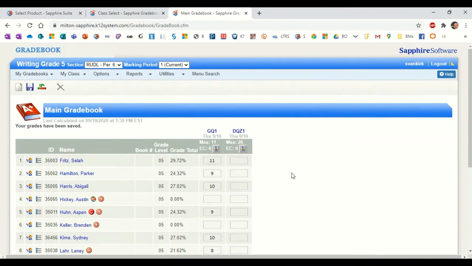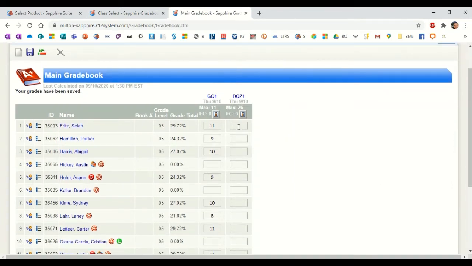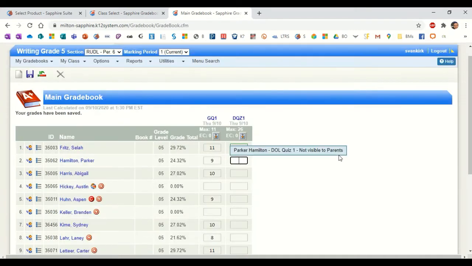Okay, so now you're ready to enter in some grades individually, one by one. I'm going to enter in a couple of samples and show you what you should and shouldn't do depending on the different situations you may find yourself in. All right, so let's enter in a couple of grades. 24, 26, 21,